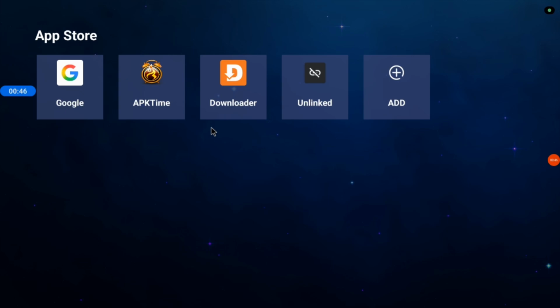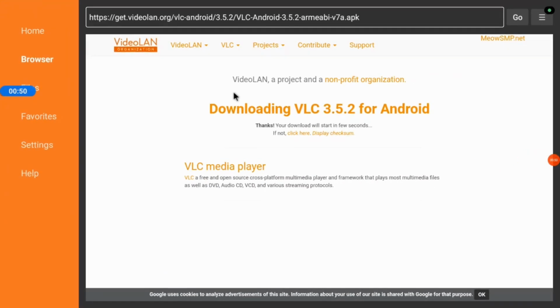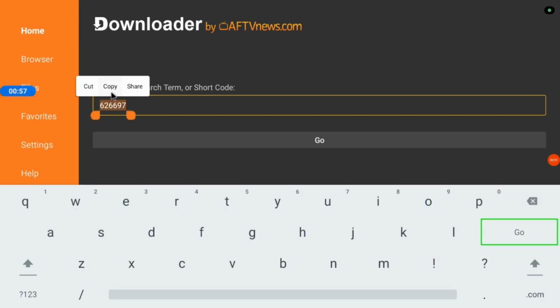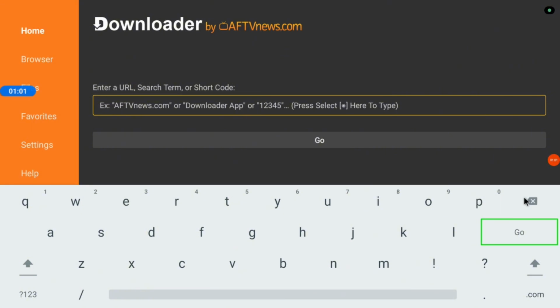So after installing the downloader, all you need to do is just go ahead and launch it. After launching downloader, you bring it to this box over here. So I already had this code typed down, but let me start from afresh. So what you need to do over here is come out to this box and you type in this code. It's a simple downloader code. It's